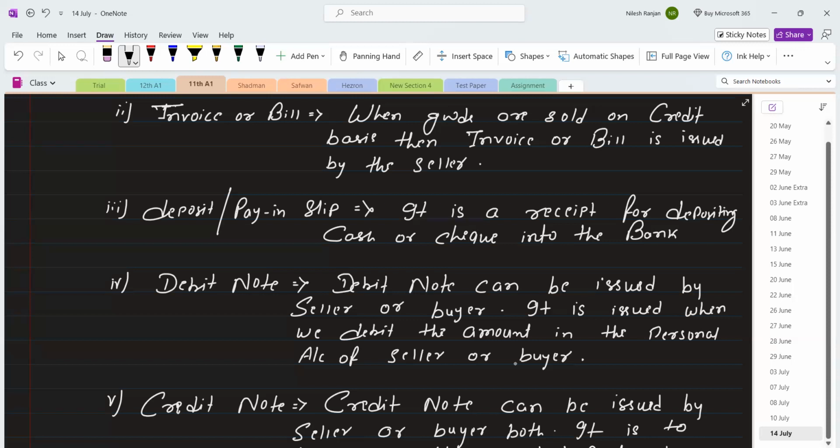Amount payable, in that case, we have to reduce the amount, and amount receivable, in that case, we have to increase the amount. So that is debit. It is just opposite of credit note. So in credit note, we increase the amount payable and decrease the amount receivable. Okay, so this is debit note, credit note. You have to remember all